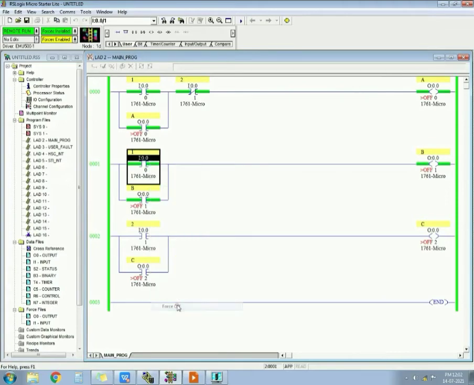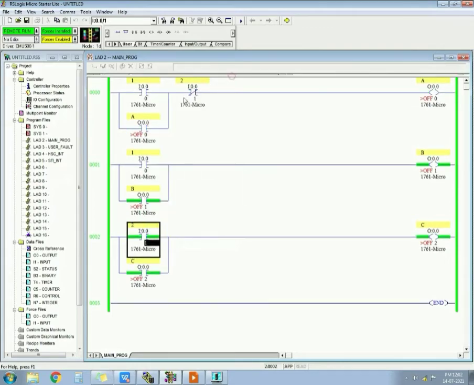When it is forced off, outputs A and B get on. When second push button is pressed, output C gets on. See, this is now NO. So this is off. When second push button is pressed, C gets on and A gets off. So it is simple. Now you have separated this, so you can separately switch off output A.